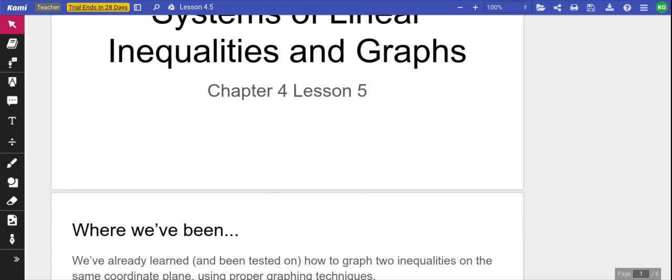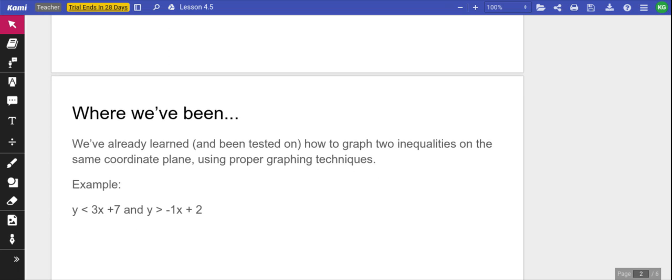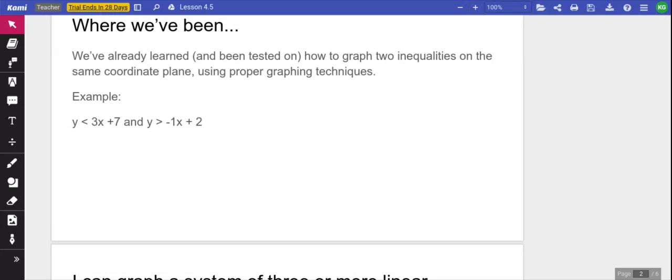Okay, Chapter 4, Lesson 5, Systems of Linear Inequalities and Graphs. So we already learned, and we've been tested on, how to graph two inequalities on the same coordinate plane using proper graphing techniques. So, for example,